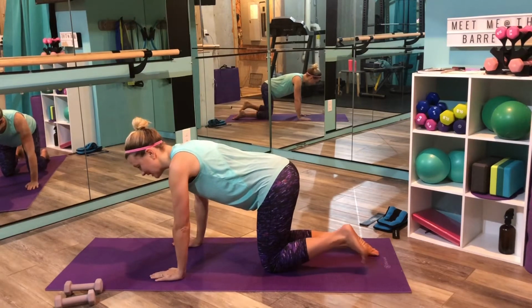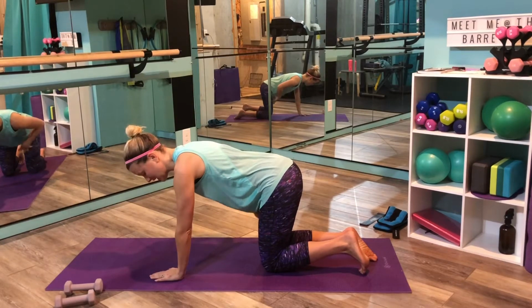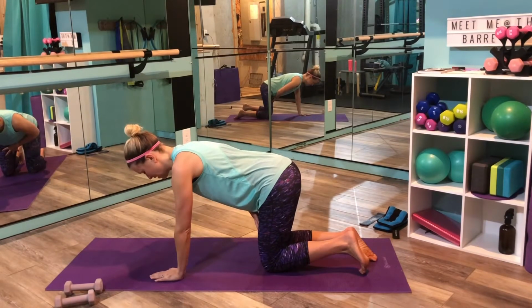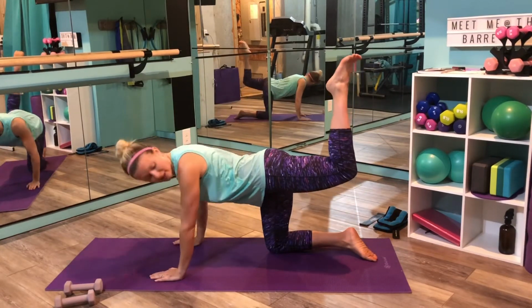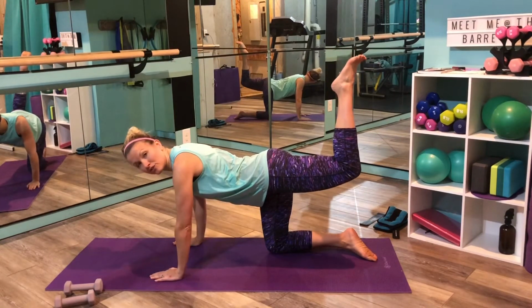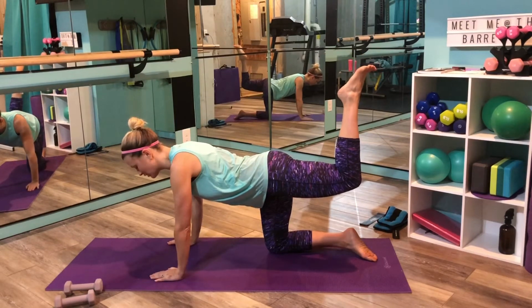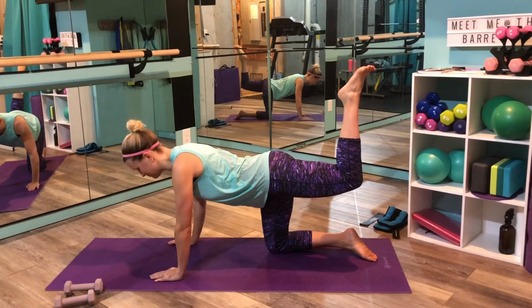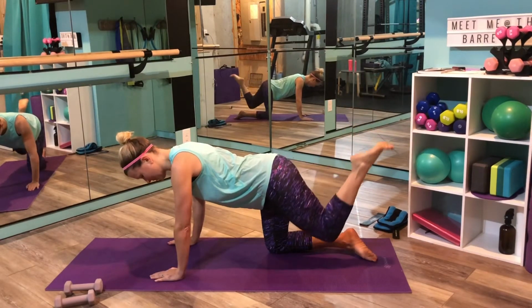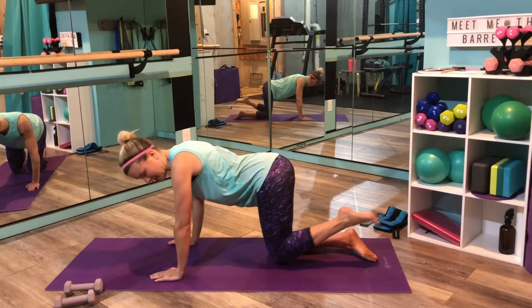We're going to lift one leg up. So you're going to be using that core stabilization to balance. So you're gonna lift one leg up, keeping the knee bent, and you will lift it until the knee is level with your hips. All right, that is the point at which your glute activates and it engages so that we're working it. Then you'll squeeze it back in, lowering it, hovering it slightly above the ground, making for an